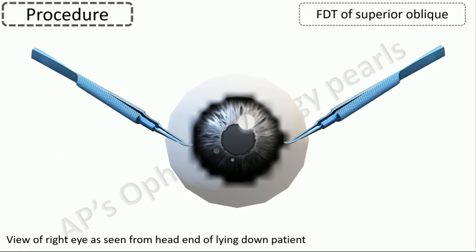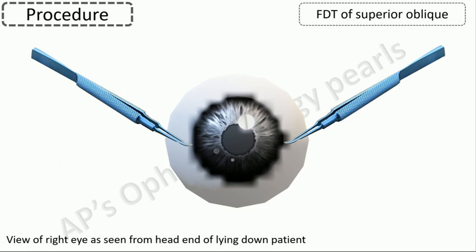What we have seen till now is FDT for the recti. Guyton described an exaggerated force duction test for the obliques. The patient should be lying down with the examiner performing the test from the head end. First, we'll see how to test for tautness of the superior oblique of the right eye.